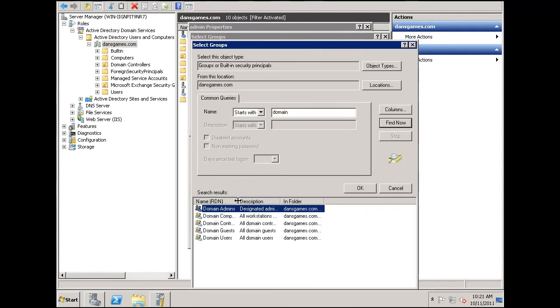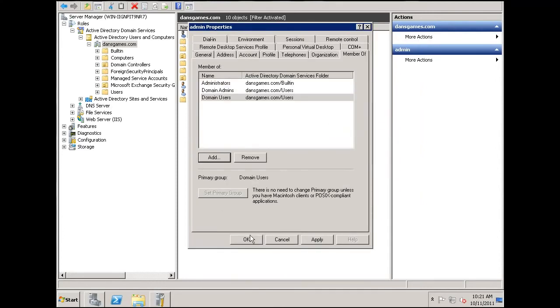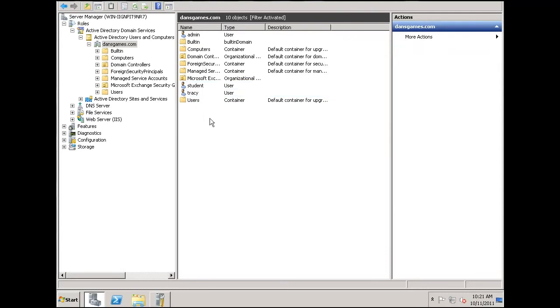And we can see here that there's a domain admins group right here. Okay, and then we'll click OK, and we'll click OK. So now this admin user has some administrative privileges as a member of administrative groups, whereas these two users are just domain user groups. Now that we have some users here, what I can do is